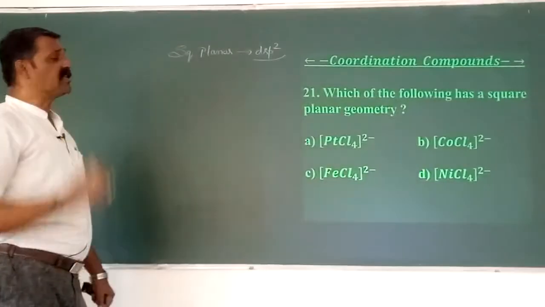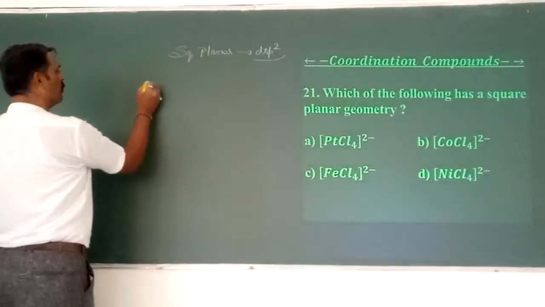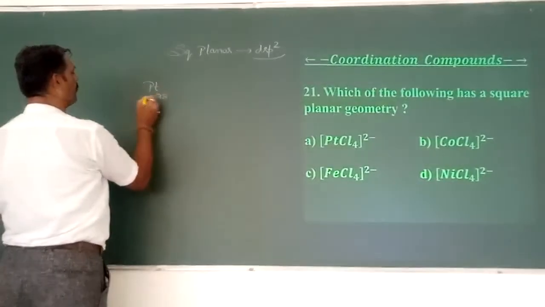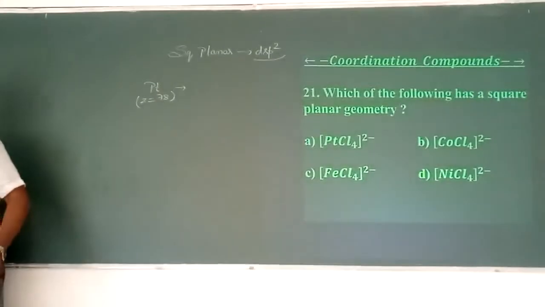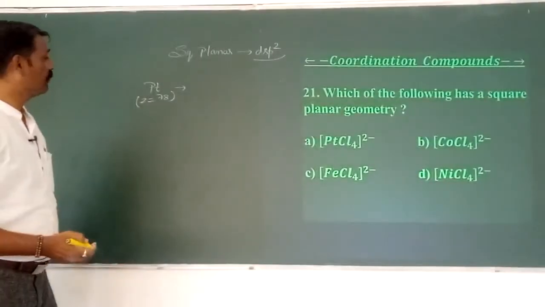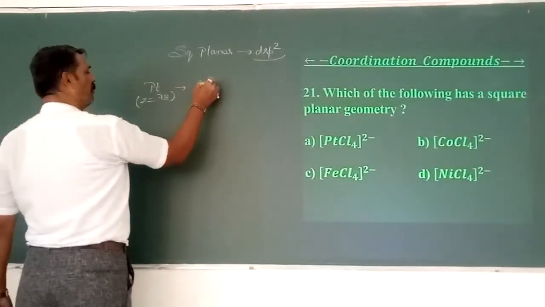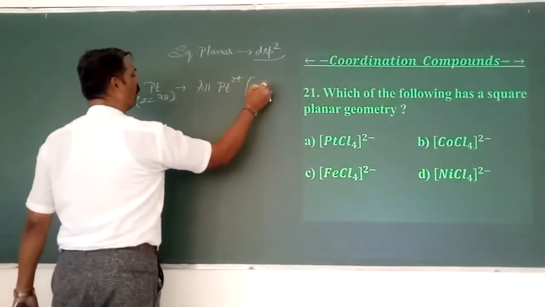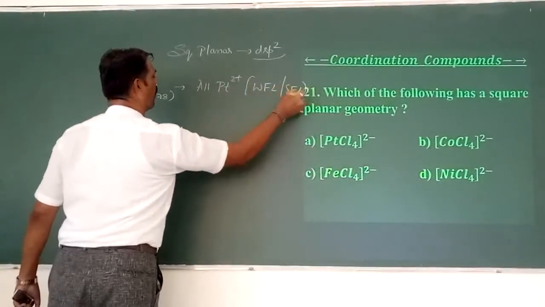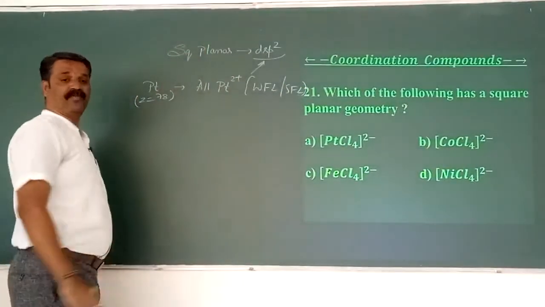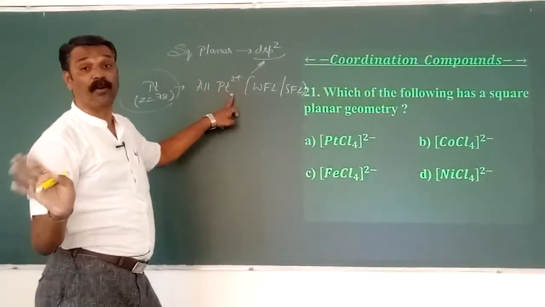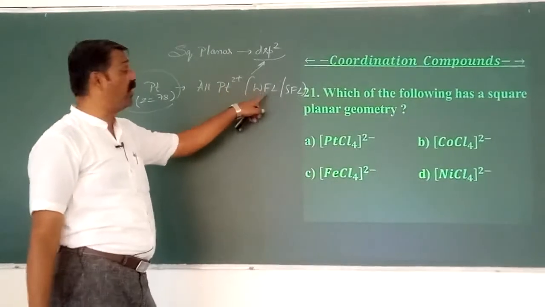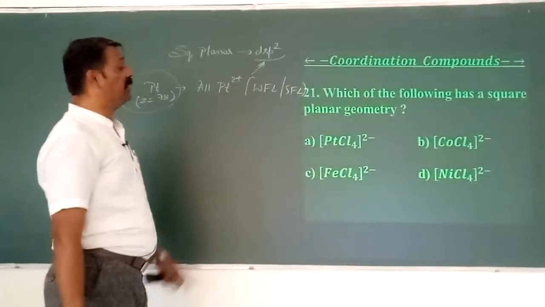I think all are weak ligands here. So platinum, Z is 78 for this. All Pt2+, either it may be a weak field ligand or a strong field ligand, always have the same hybridization. You have to remember very directly, that is the platinum 2+ complex, not the 4+. Only the 2+, whether it is with a weak field ligand or a strong field ligand, they will exhibit